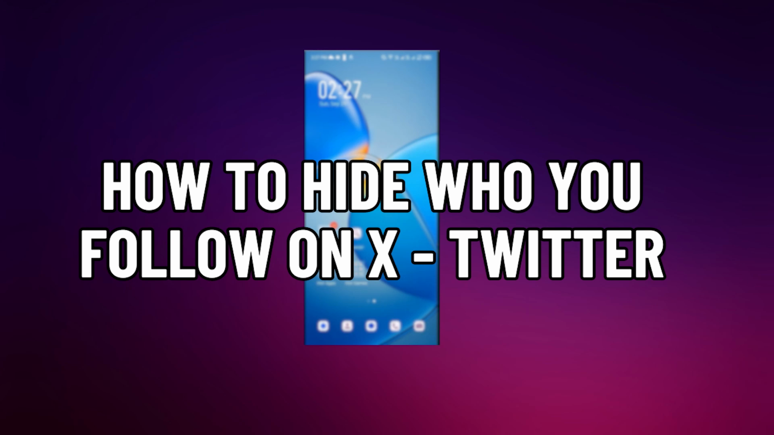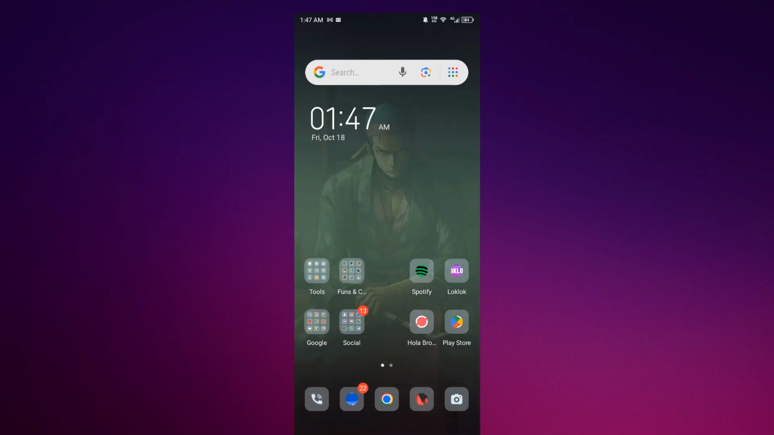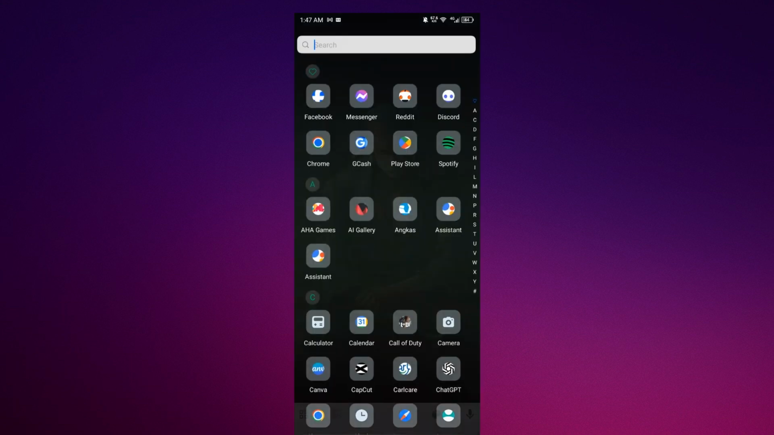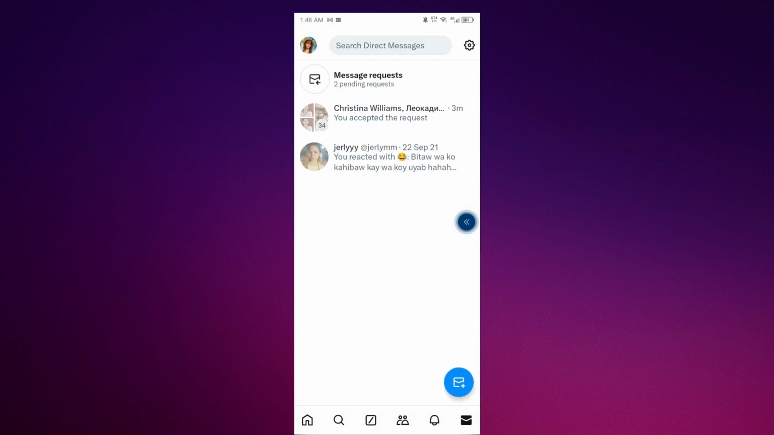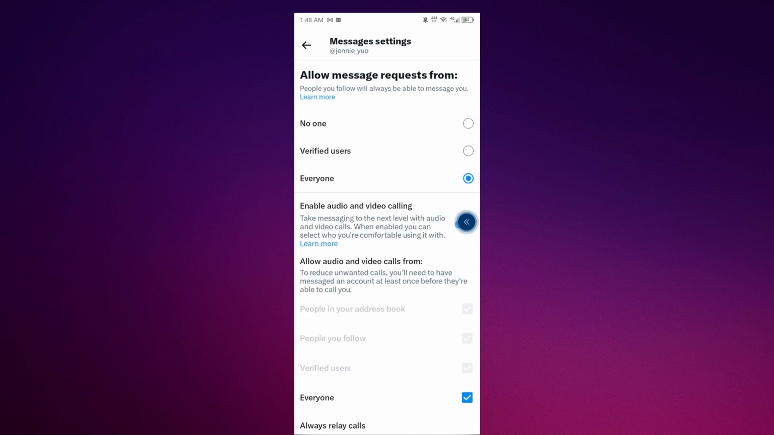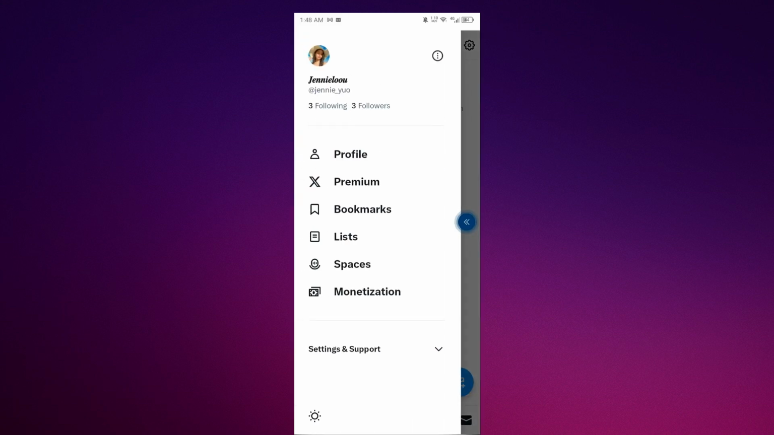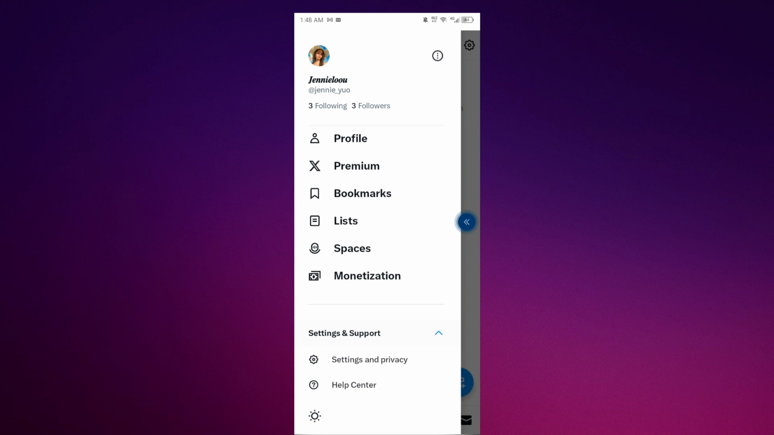How to hide who you follow on X Twitter. So all you have to do is just go to your Twitter, and as you can see in here, once you're in here, just go to your profile and go to settings